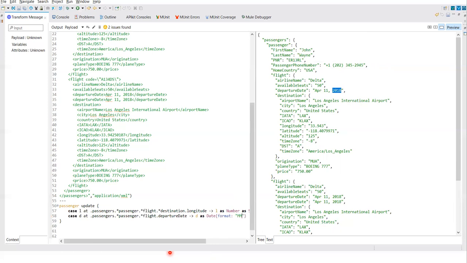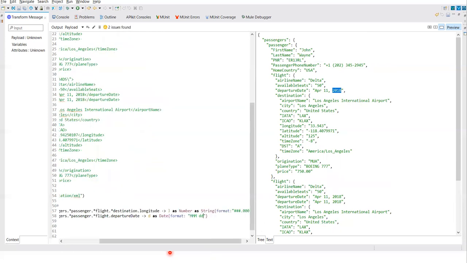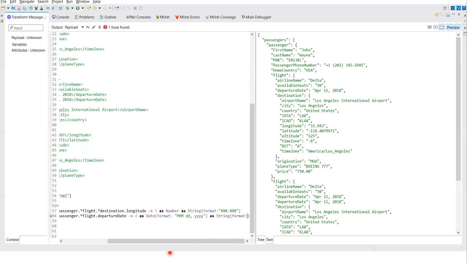You can go ahead and Google for the formatting. So how many formats or what kind of formats, based on your requirement, you can go ahead and check the formatting. These will be available on Google. So now we can say that as string, and inside the string we specify our format. So our format was, I want DD first, and then complete month name, and then my year. Okay, so how to do that?